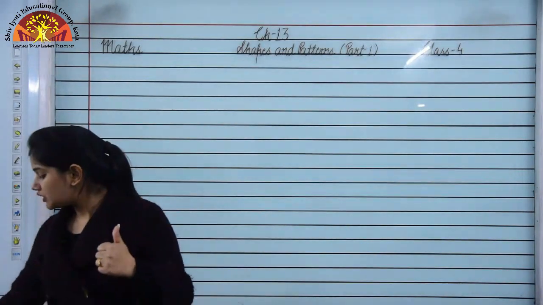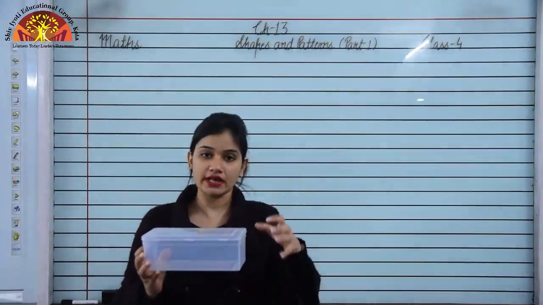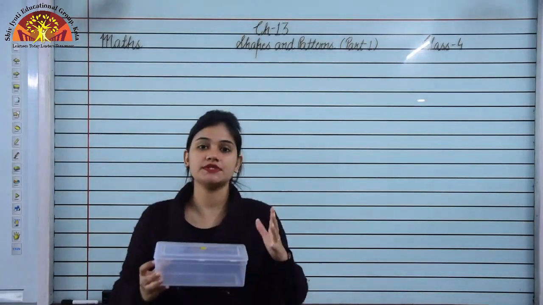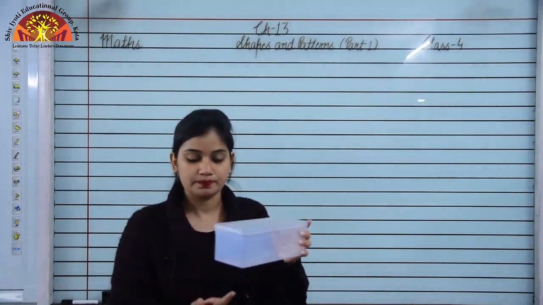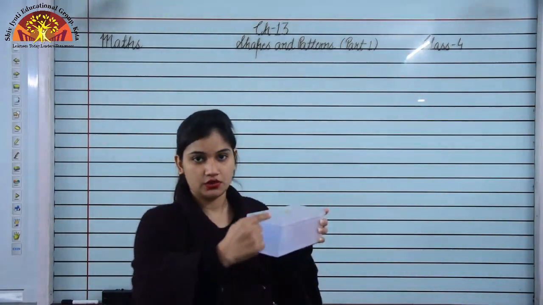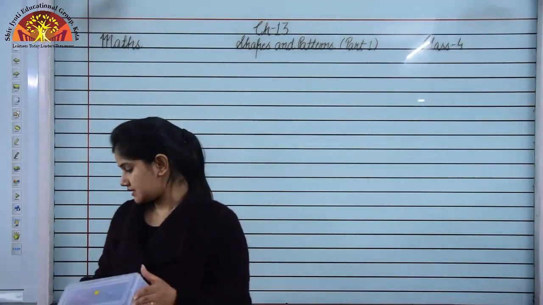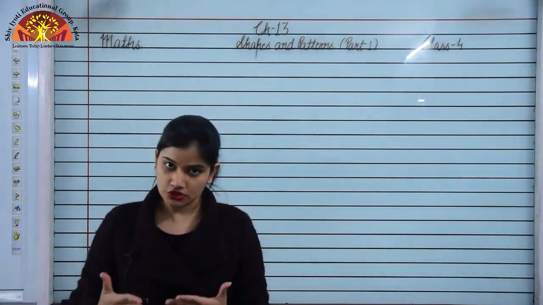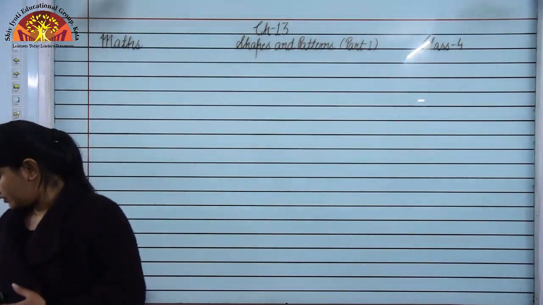Okay, but in solid shapes, now you can see this shape. In this figure, we are observing length also, breadth also, and height also. It has height too. These types of shapes are called solid shapes. In these shapes, we have length, breadth, and height. Okay, these shapes are known as solid shapes. So now in this exercise, we will study some solid shapes, and we will study the net of solid shapes. Now what are the nets of solid shapes? So just have a look here.